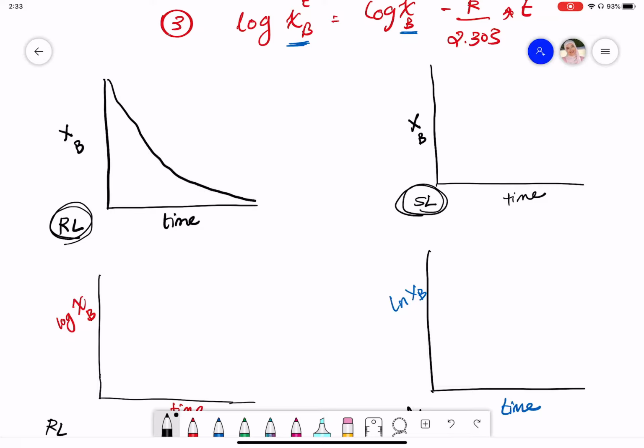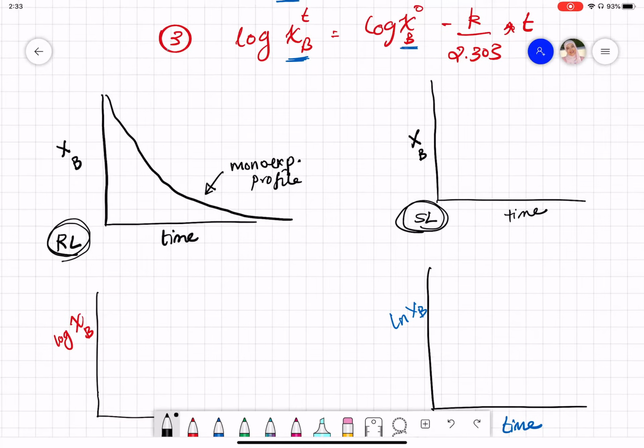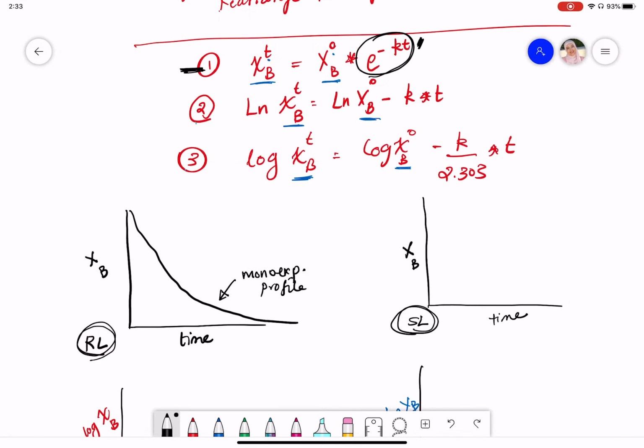We mentioned that as its exponential equation, then we will have an exponential profile. And it's a mono-exponential profile because we have only one exponent term. That's why we call it a mono-exponential profile. Again, if I want to draw the same equation, the exponential equation, let's call this 1, and this